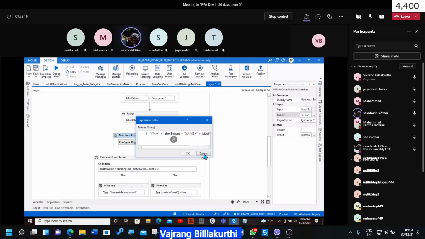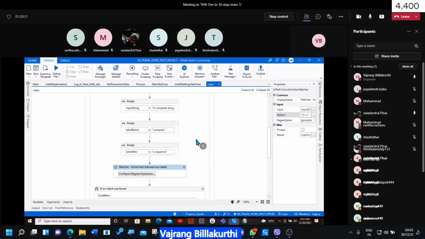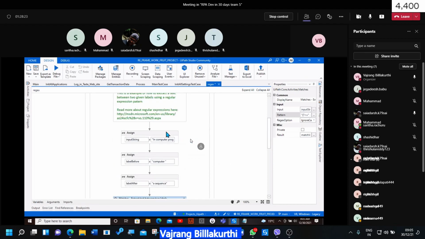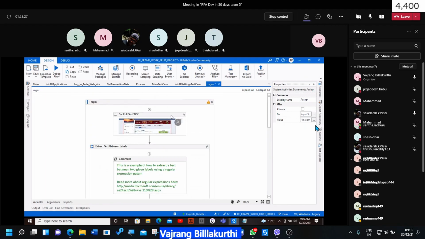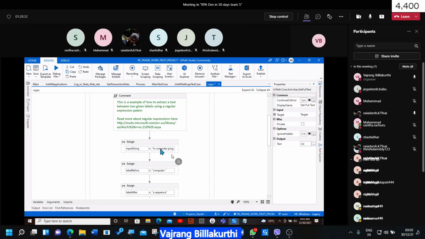So label before and label after I can add. Here I go, and input string is what we have in here, the full text. What is the input string over here? TST, right? So input string I can directly give as TST.